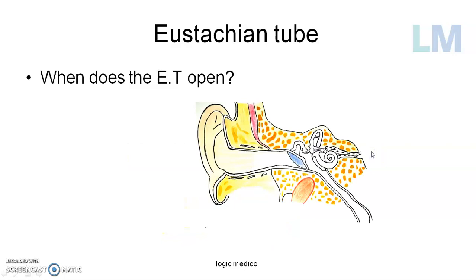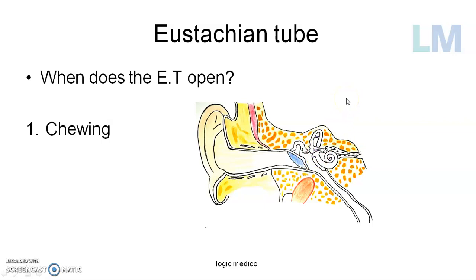So when do you think these muscles will contract? When do you think the eustachian tube will open? Any guesses? If you said chewing, that is the correct answer. Whenever you are going in a flight, either while takeoff or while landing, you will be instructed that you are about to land or you are about to take off. That is because you should be able to maintain the pressure in the middle ear cavity. That's why they give some chewing gum to chew so that the eustachian tube opens up. Otherwise, you will get an ache in your ear. That is because of too much retraction of the tympanic membrane.